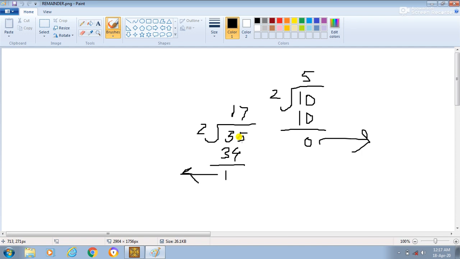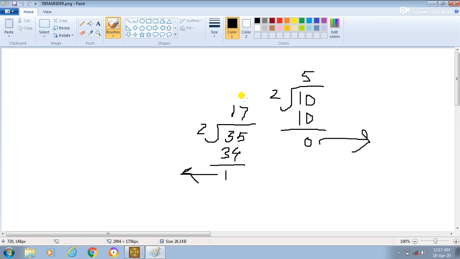On the other hand, we see that 35 is an odd number, but the computer does not know what is odd and even, so we have to make the computer understand how it will recognize whether a number is odd or even. For that you have to divide 35 by 2.